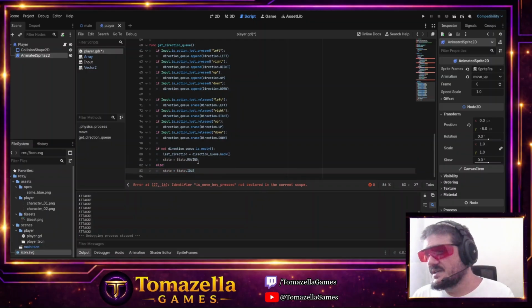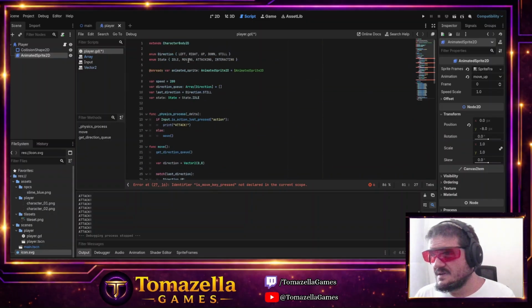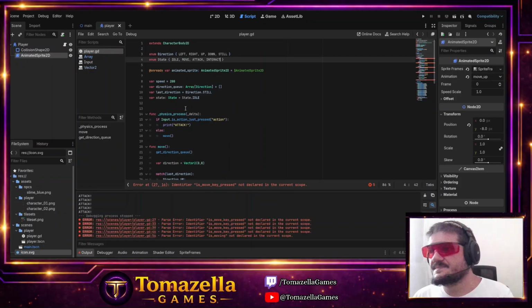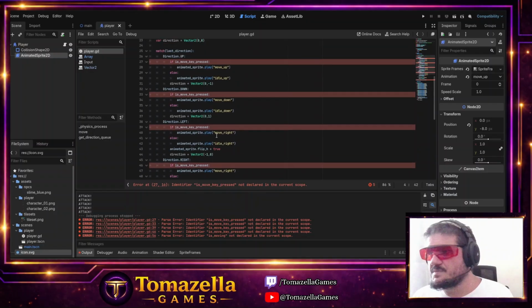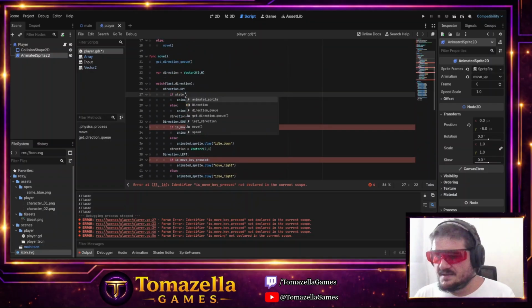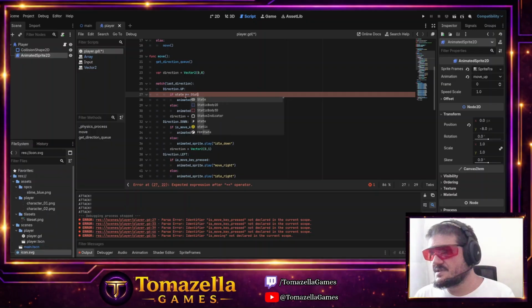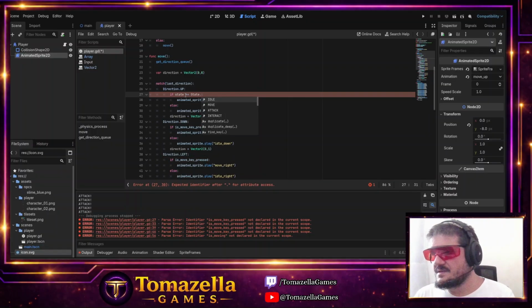Instead of moving, I can move, tag, correct. Okay, here, let me change my state. If state equals state dot move,